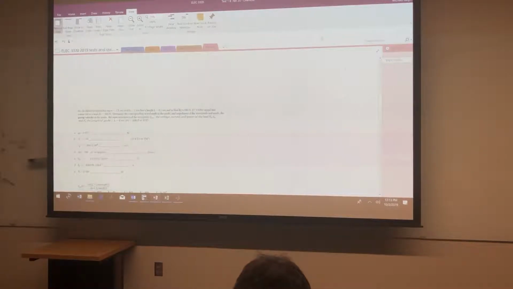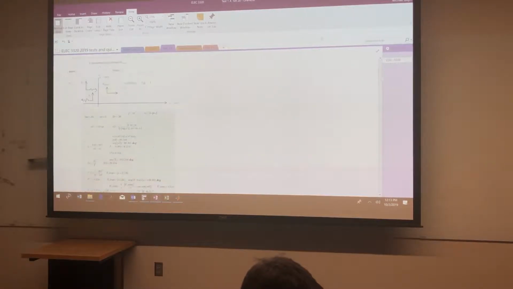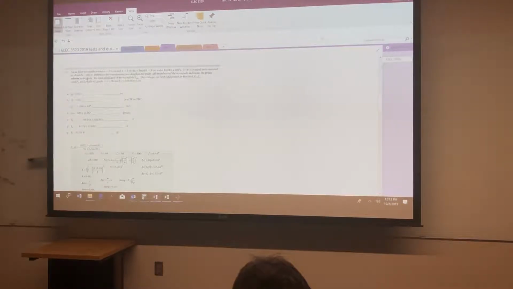All right, second problem in test A. This is the waveguide. It's giving you a waveguide. It's got dimensions. A is 2.5, B is 1, a length of 9 centimeters. It's fed by 100 volts at 8 gigahertz. It's connected to a load of 400 ohms. Determine the corresponding wavelength in the guide. Goes through this. Wavelength in the guide, the mode, the group velocity in the guide, the input impedance of the